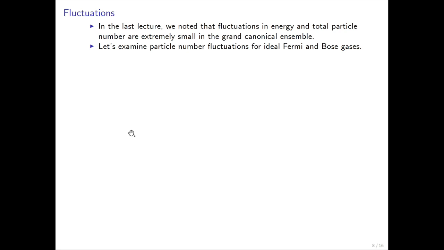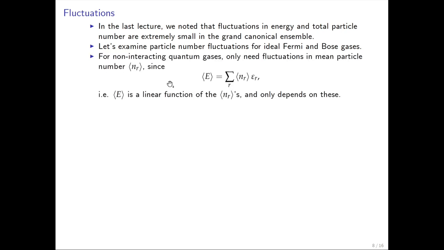But today we're going to examine particle number fluctuations for the ideal Fermi and Bose gases, given what we've already learned. And we will be interested this time in fluctuations in mean occupation number for the individual states of energy labeled by R. Now, we don't really need to separately study fluctuations in energy in this situation, that is, for non-interacting gases or quantum systems,